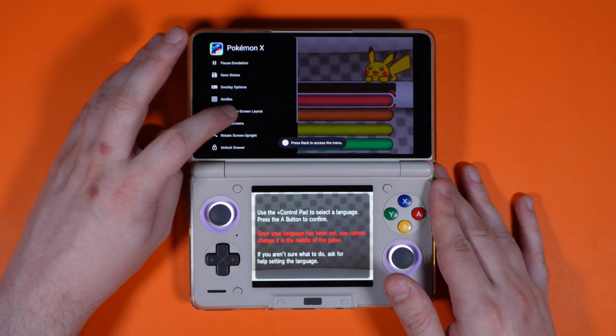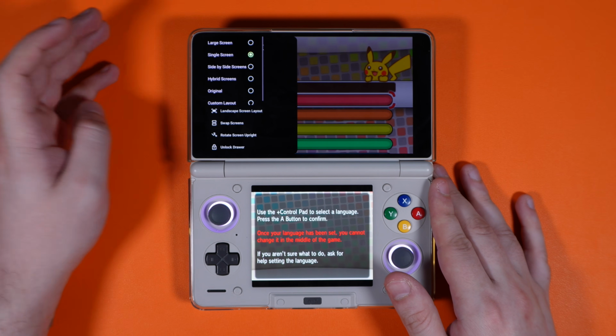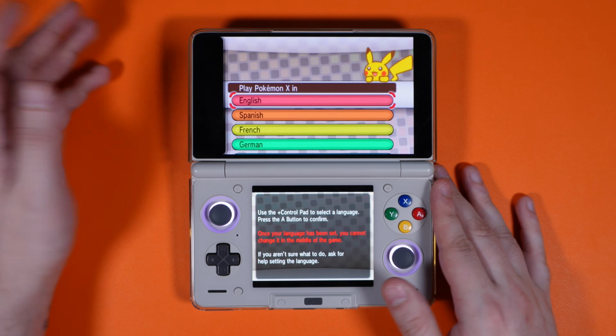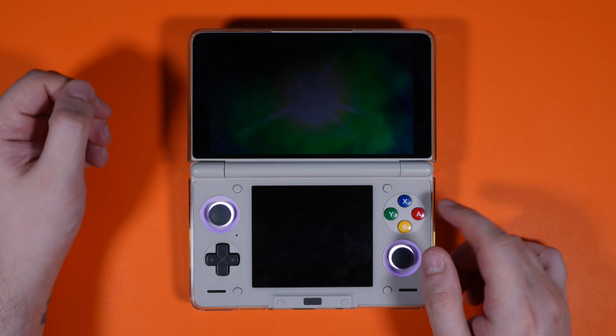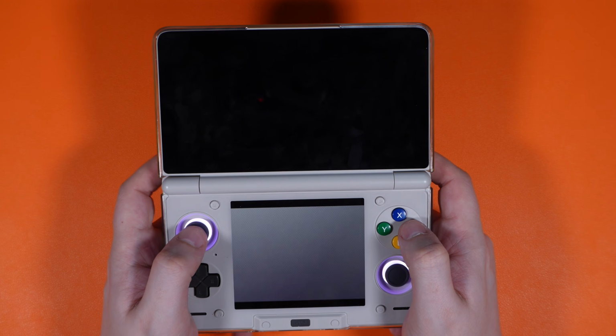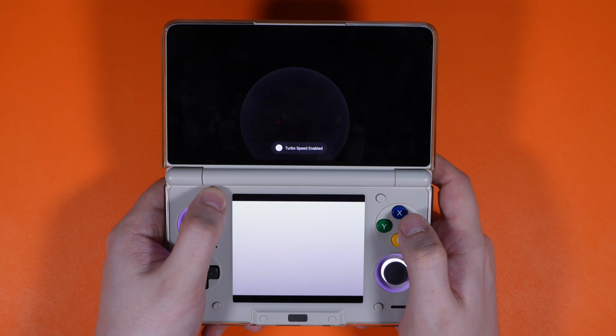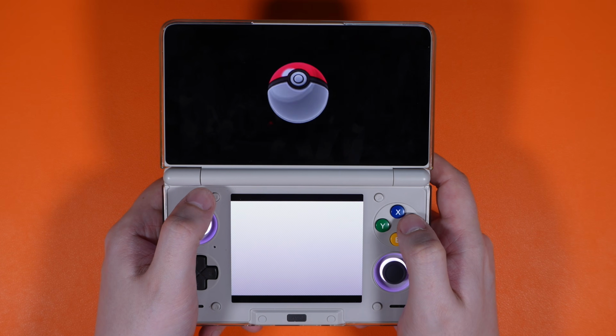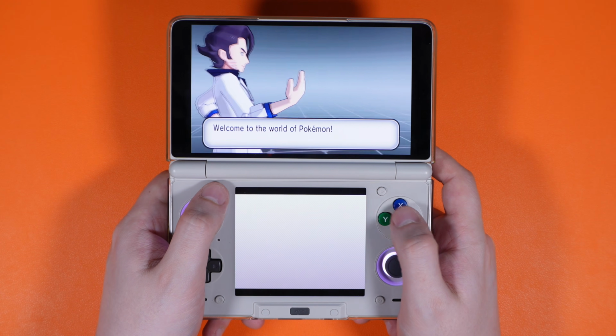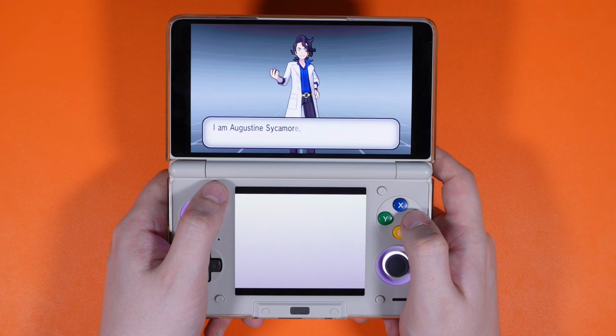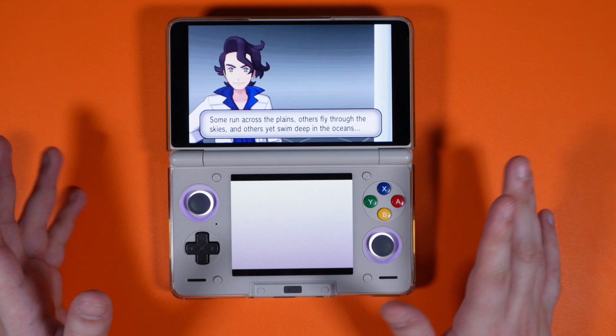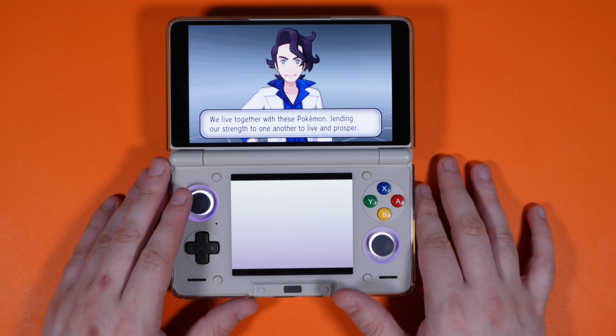Now you can customize these layouts if you so wish. However, for me, I think this looks perfectly fine. So there we go, we're in the game, it looks great. We can fast forward, we can turbo speed, get through all the usual Pokemon jibber jabber. Who's this hunk? So we've booted into the game and it runs perfectly, but